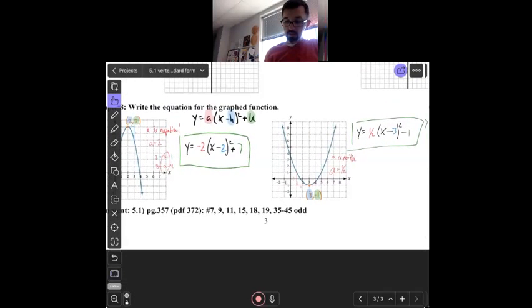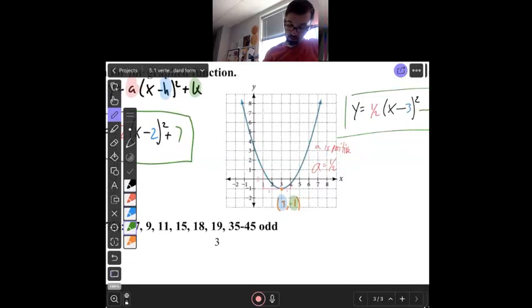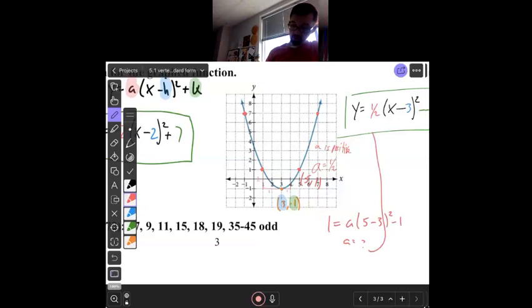The other way I showed you guys on Thursday, if you have the vertex and then one point, doesn't matter, just find a good point. There's lots of good points here. So something like 5, 1. That's a y value, an x value, minus your vertex, and then solve for a, and then you plug it back in. Solve for a, figure out what it is, then it goes back in. That's the doing way. Find the vertex, find another point, plug it in, do all the arithmetic,